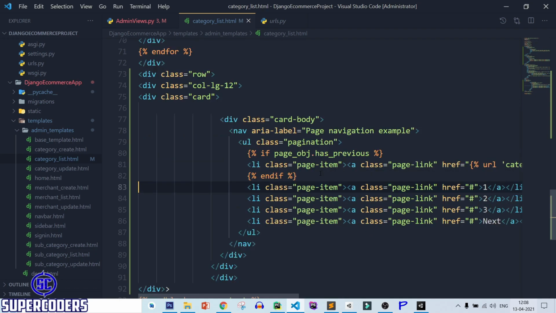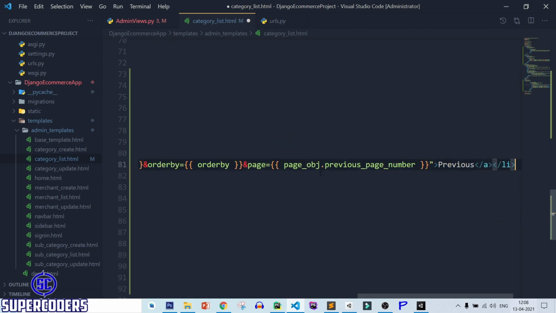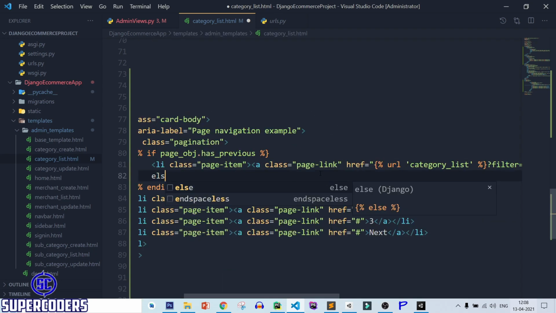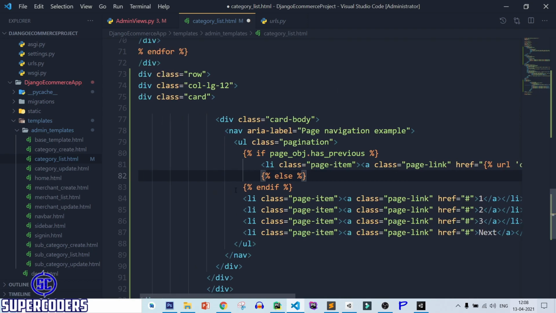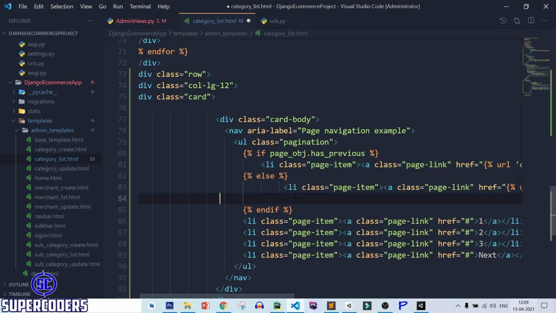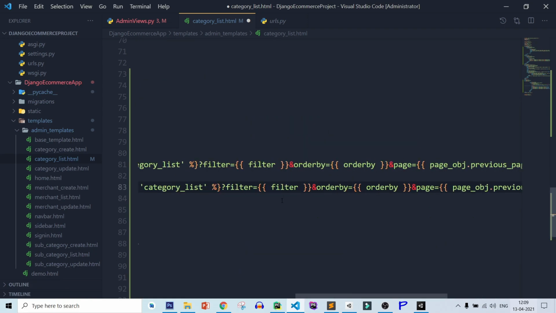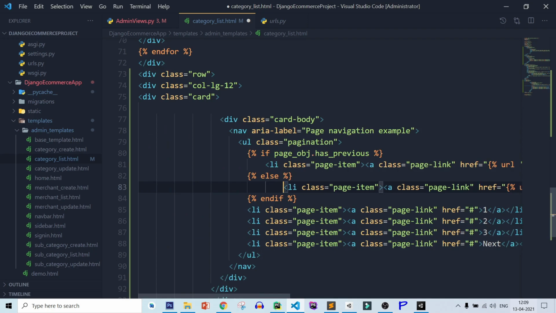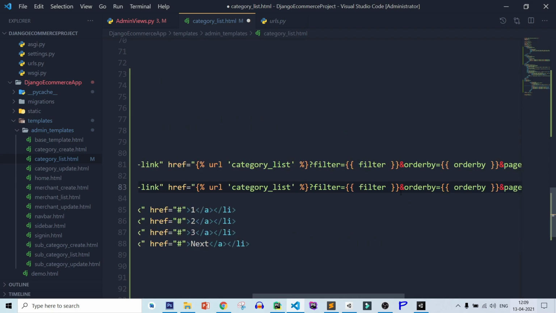or here in else condition. So here in else, let's add an else. In else condition you can show the same option but with disable.